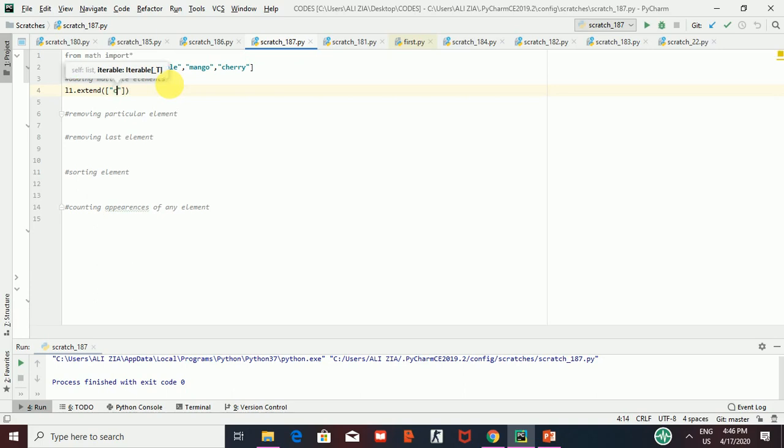I will write lemon, then a comma, then again banana, and then I will write pomegranate.